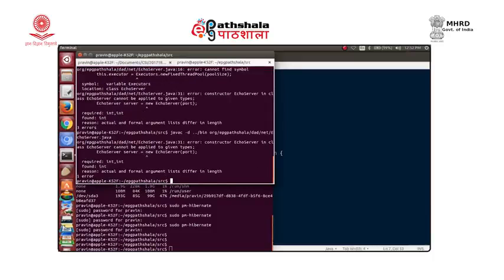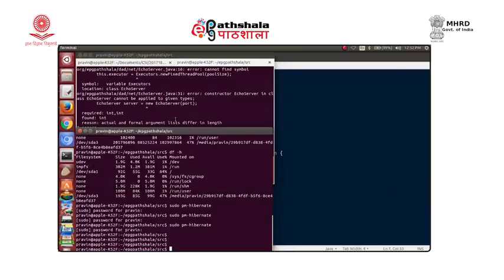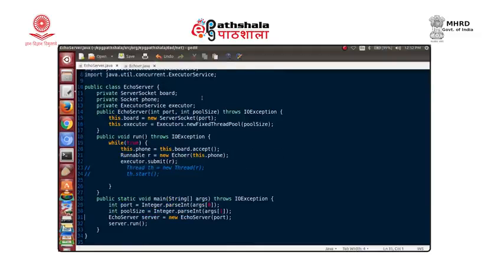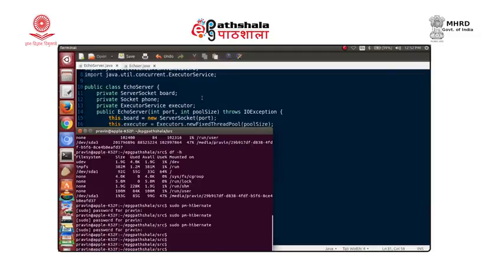So, the main method has a change here. To create the EchoServer, we need to also specify the port and the pool size. With those changes we should be through. So, that is compiled.